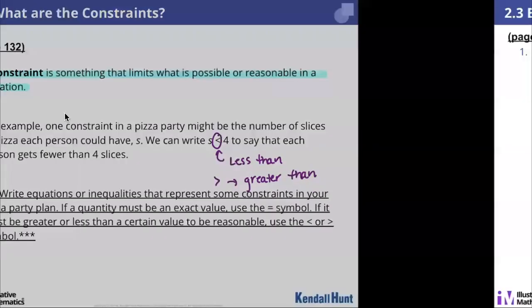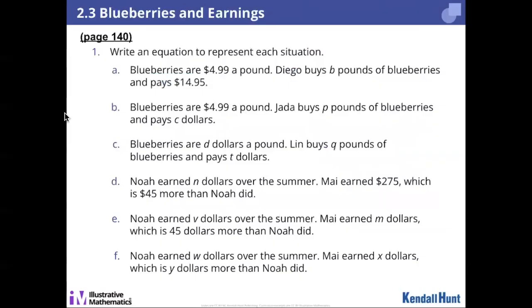So let's turn to page 140. And here's where we're actually going to practice writing a couple different equations. So on page 140, the directions say write an equation to represent each situation. So in example 1 here, it says blueberries are $4.99 a pound. And Diego buys B pounds of blueberries and pays